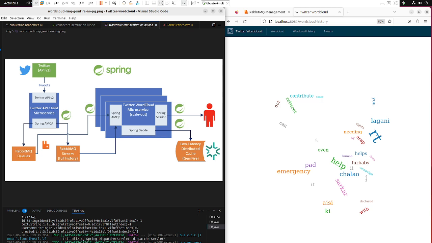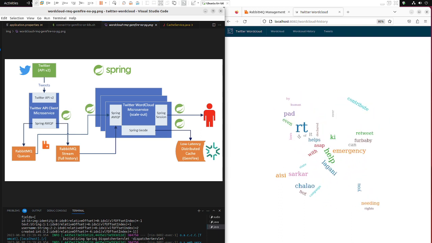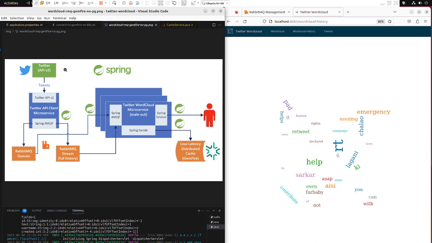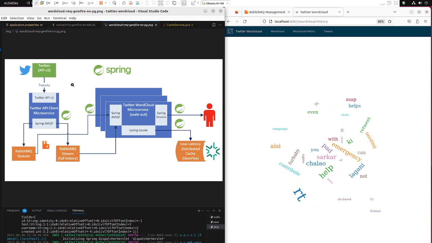To show how different VMware data products work together to create a scalable streaming application that can handle fast real-time data using Spring Boot framework. We demoed the interactive app we called Twitter Word Cloud, which pulls tweets from Twitter by emergency hashtag. Basically, anytime anyone tweets anything with the hashtag emergency, we are capturing those tweets. The hashtag is configurable and can be changed to anything else.